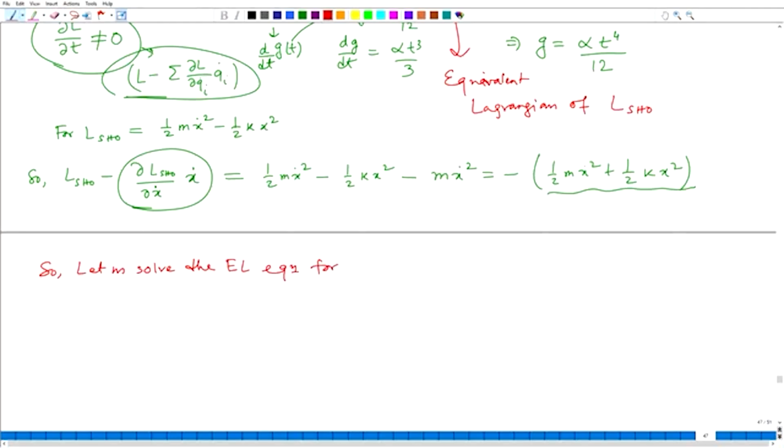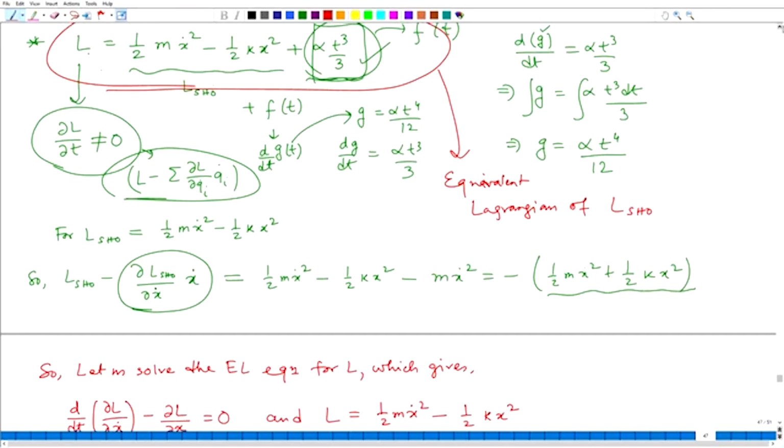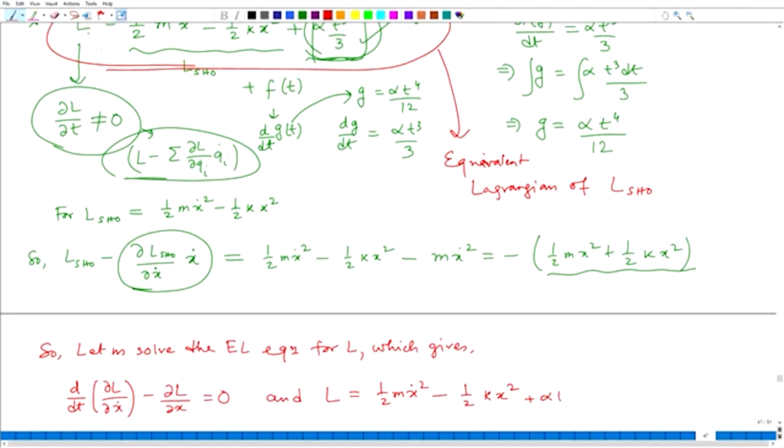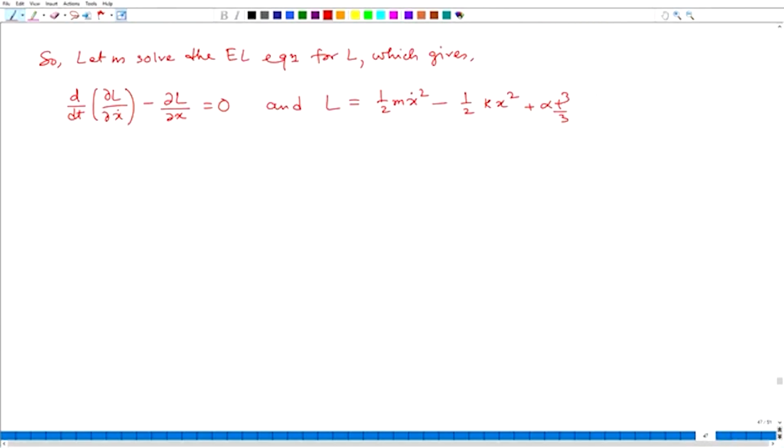Okay, for L, the Euler-Lagrange equation gives d/dt of ∂L/∂ẋ minus ∂L/∂x equal to 0, and L is equal to half m ẋ² minus half k x² plus α t³/3. Okay. For this Lagrangian, we have